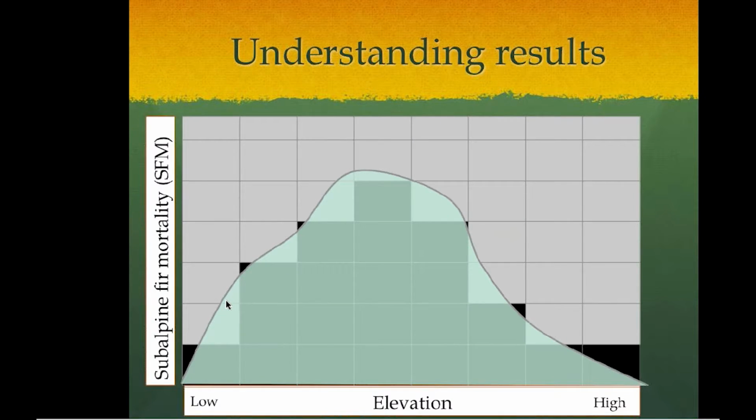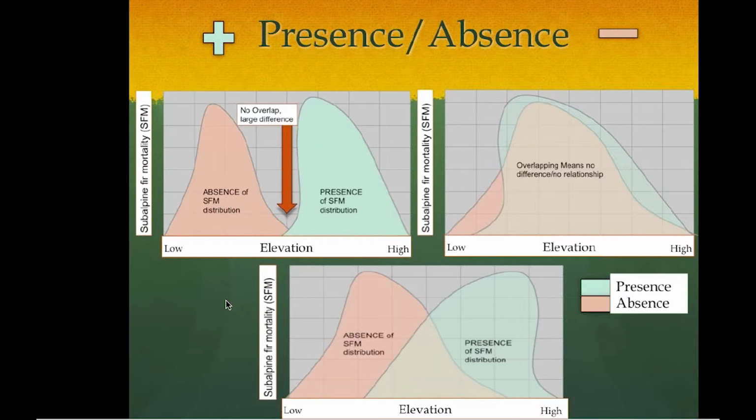We're going to be looking at 2D histograms, one displaying the presence of subalpine fir mortality and one the absence of subalpine fir mortality in relation to our predictor variable. So these are the 3 types of relationships that we might see in our results. The first one is where the 2 histograms are not necessarily overlapping. So there's a large difference, or there's a large absence of subalpine fir mortality at low elevations, presence at high elevations. Then we could possibly see up here the top right, where both are significantly overlapping, signifying that there's no real relationship of where it's occurring at elevation.